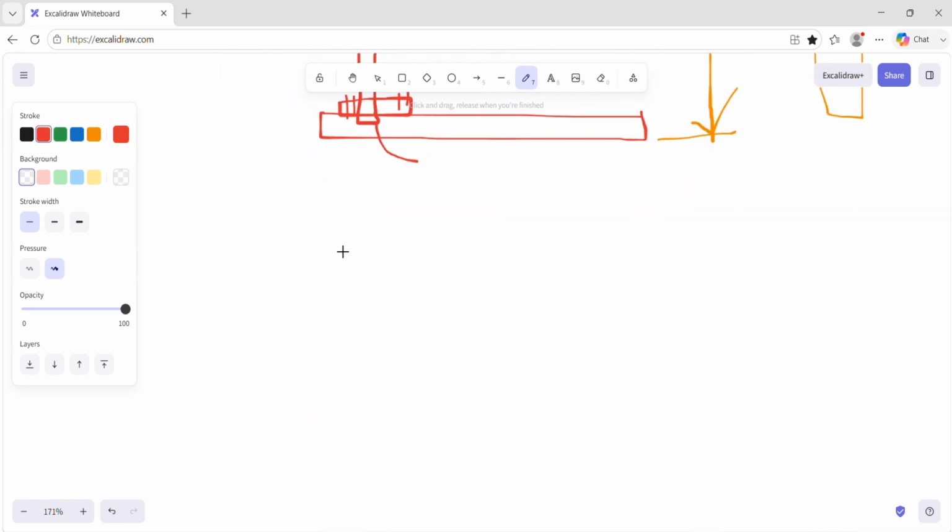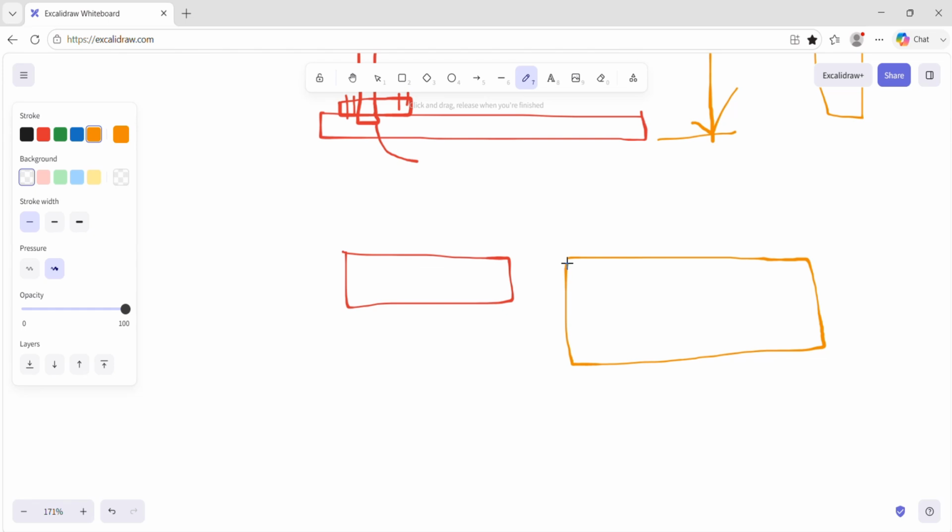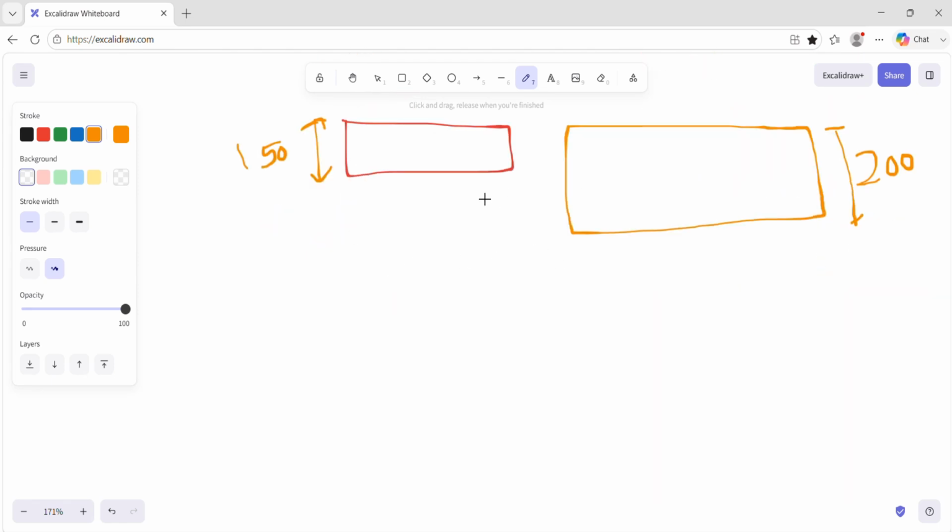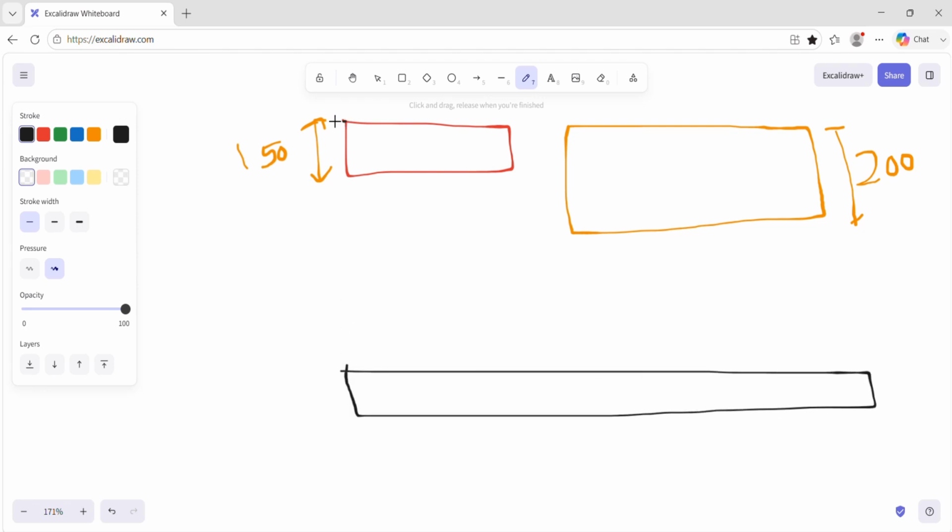Say this is part 1 and this is part 2. Now this height we know is 150, and this height is 200. But what is our condition? The top face of both parts we want to maintain at the same level. This is the condition.